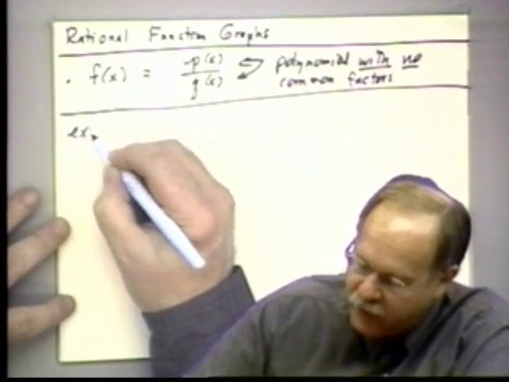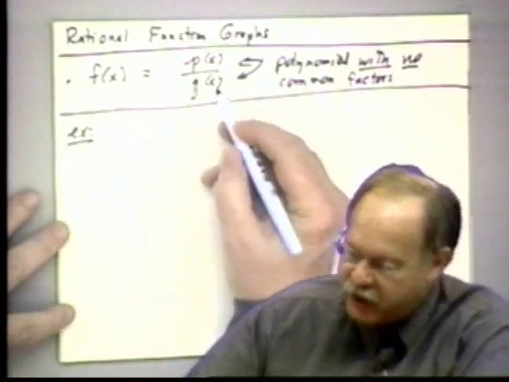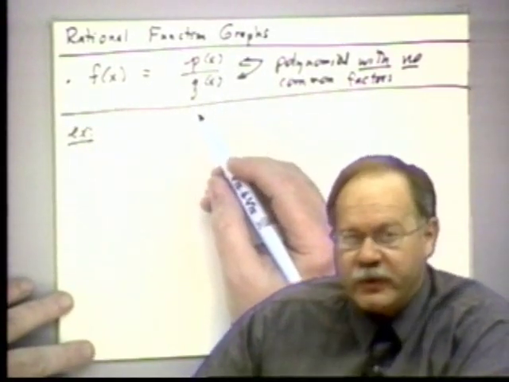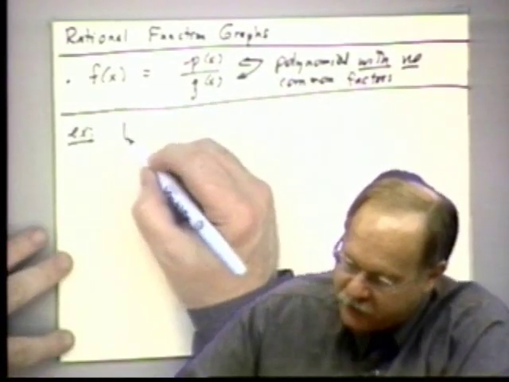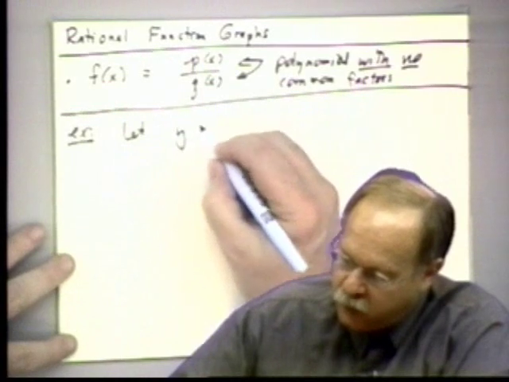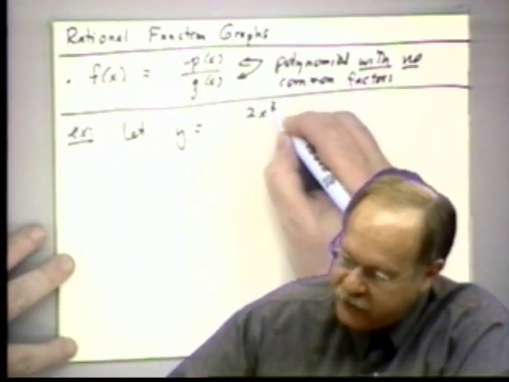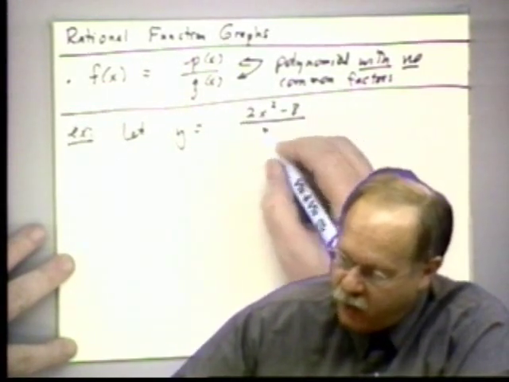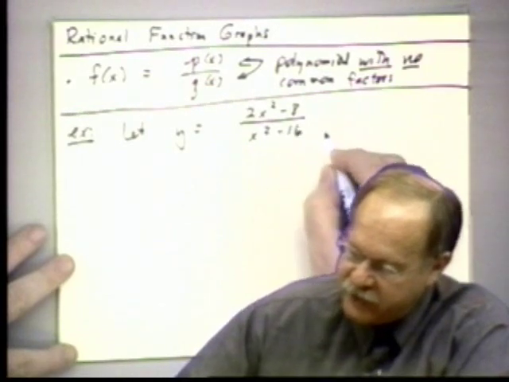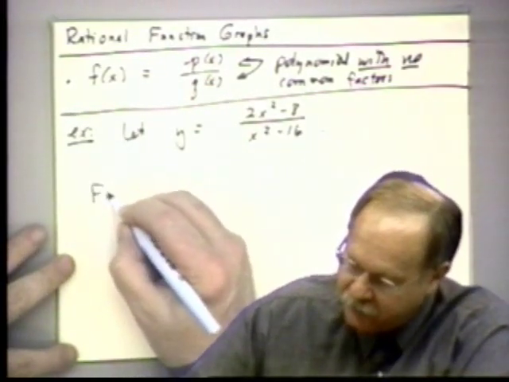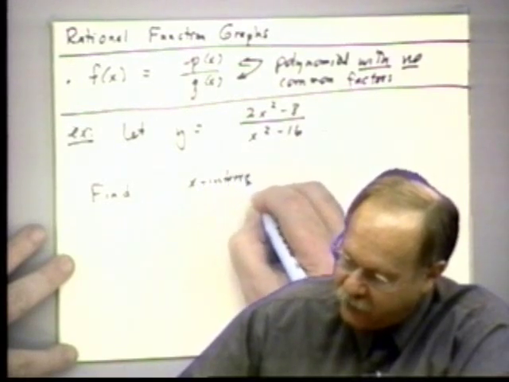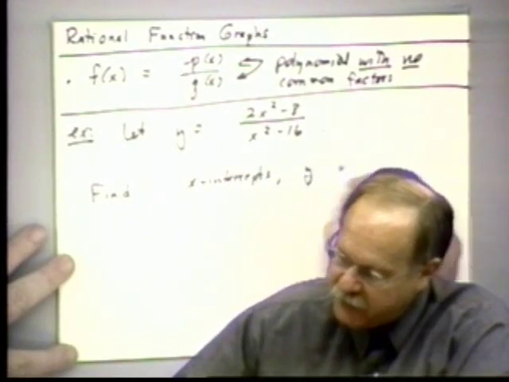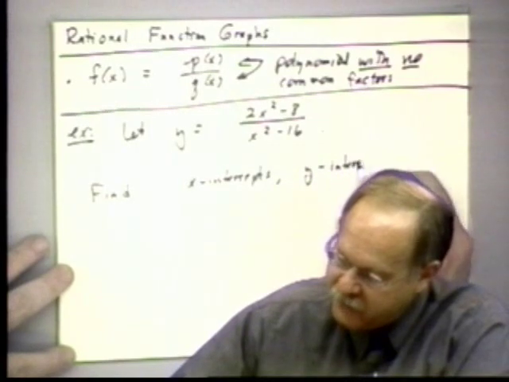And rather than write down the whole process here in general for a rational function, we'll do it by example, and I think you'll see better what we need to do. So let's take this example. Let y equal 2x squared minus 8 over x squared minus 16. And here's what we want to do. We want to find x-intercepts, and I'll write these in the order you probably want to do them. Y-intercepts,